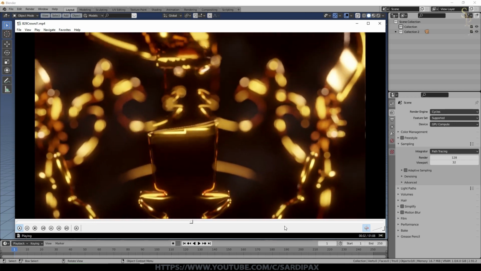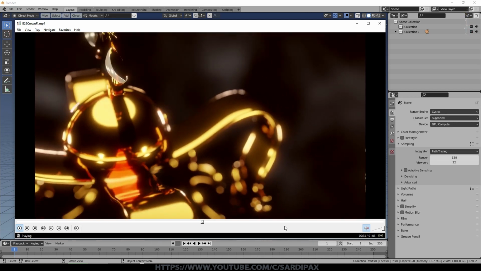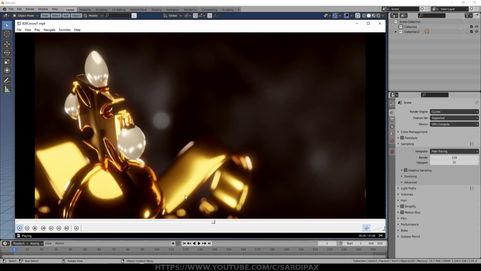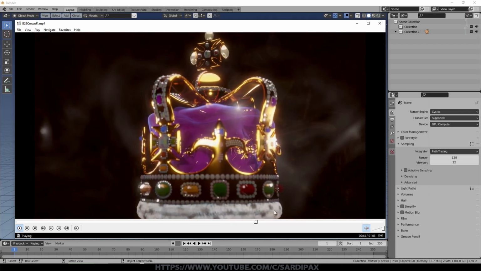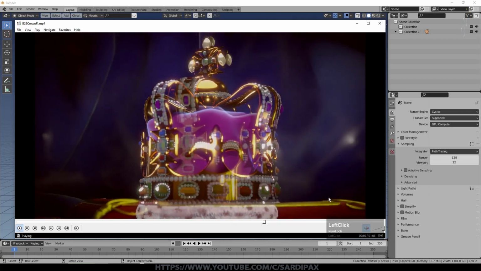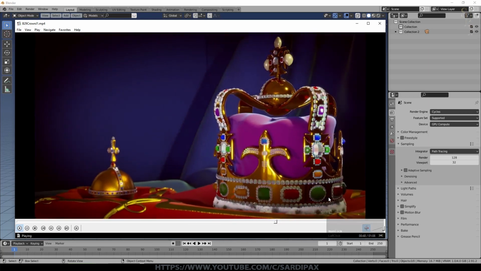I was inspired by the introduction to the Crown series. It's not quite the same, but it's quite interesting. And I'll also show you how to create some of the basic gem effects that you'll see in a moment. And there you go. And you can see I've come round to a different view of it here.